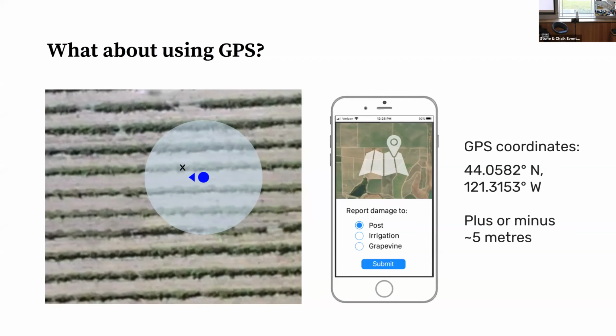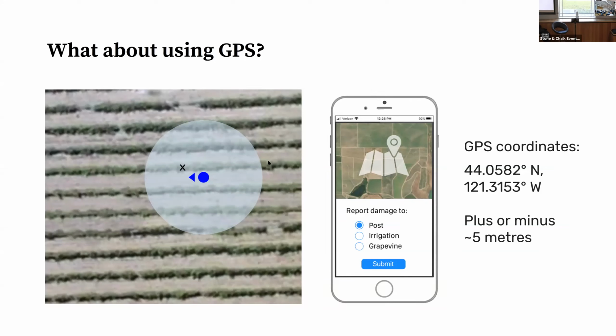So yes, there's ways that we can use phones. There's ways that you could build an app to say, I want to report something that's broken and drop a dot. But you're going to run into some of the same problems with how we represent geographic data. So in this example, let's say I'm the blue dot, I'm walking along, I want to mark something broken. The problem here is latitude and longitude, really. It's that the accuracy of GPS on a standard smartphone in your pocket is 5 meters, and that's 5 meters on average. So it could be much better, but it also could be much worse. So I get this kind of zone of uncertainty, roughly 5 meters around.